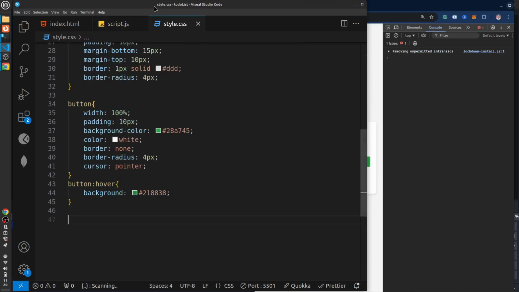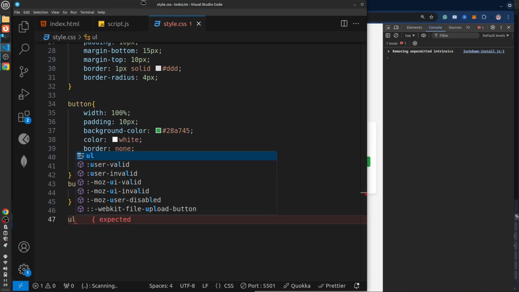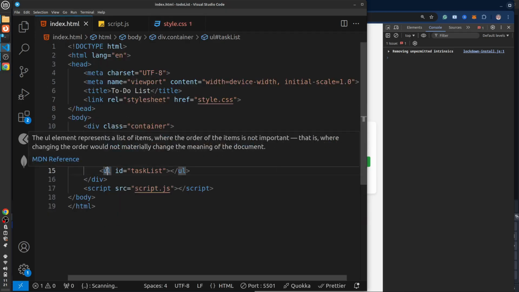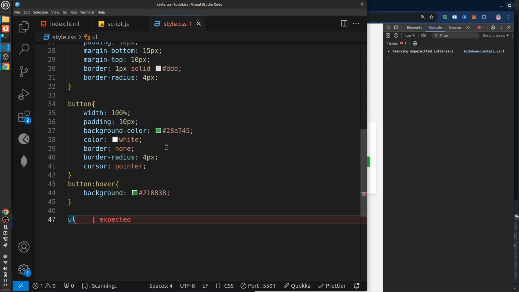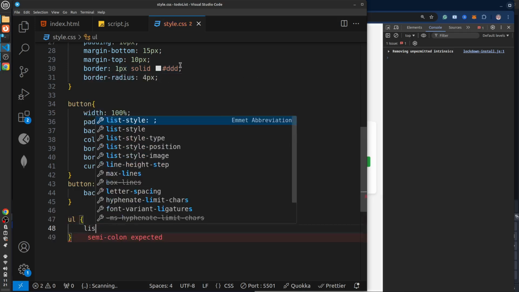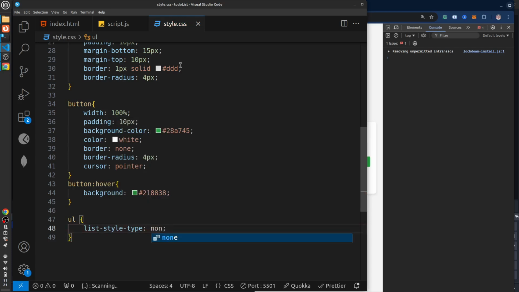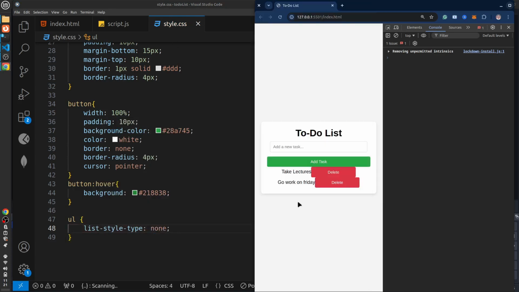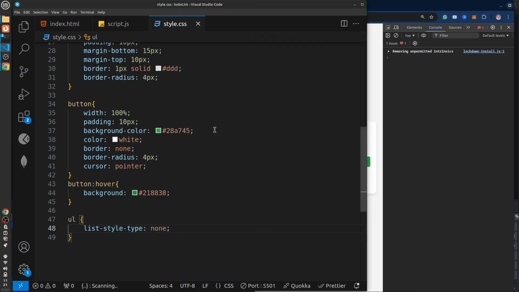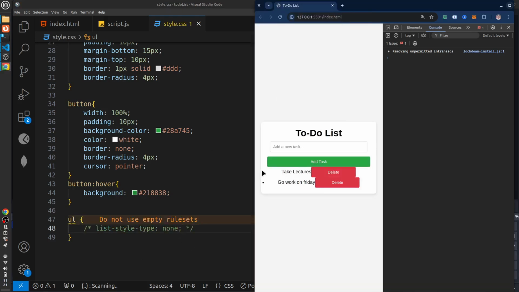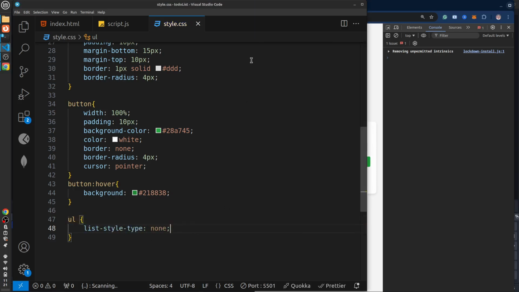First of all, the ul, this unordered list. Let's style it first. We're going to set list-style to none. We don't want all the styles that showed up. You can see now the style has gone. This is what we are trying to remove, this dot at the side. All right, we want to remove